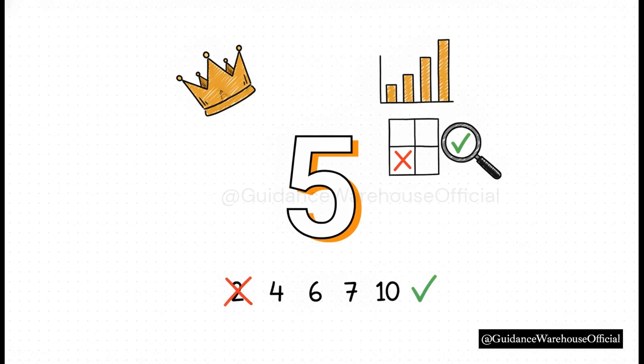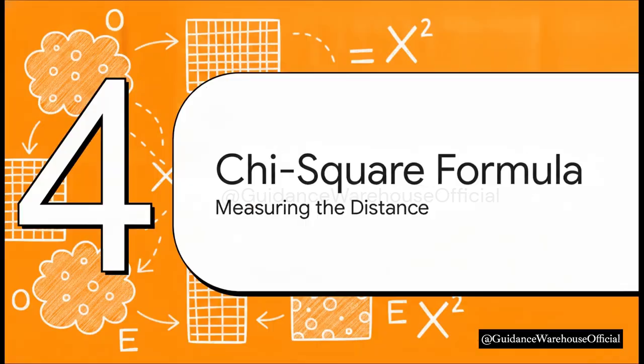If you do your expected calculations and you see a 2 or a 4 sitting in one of those boxes, you can't run a reliable chi-square test. So always check your expected values first. Now that we've got our observed values from the survey and our calculated expected values, we can move on to